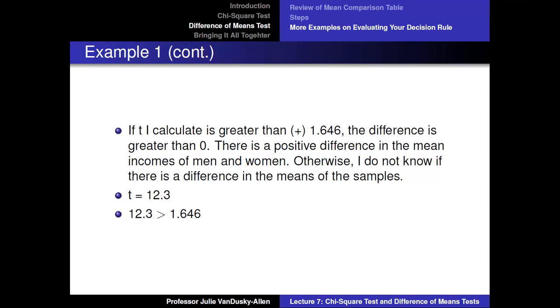Imagine our decision rule was if the t I calculate is greater than positive 1.646, the difference is greater than 0. There is a positive difference in the mean incomes of men and women. Otherwise, I do not know if there's a difference in the means of the samples. The t we calculated was 12.3. 12.3 is greater than 1.646. Therefore, I can conclude